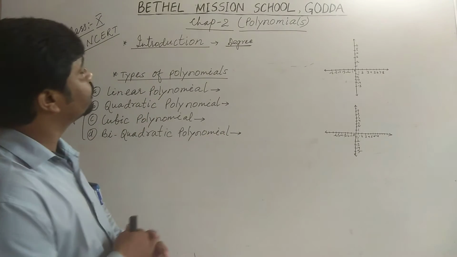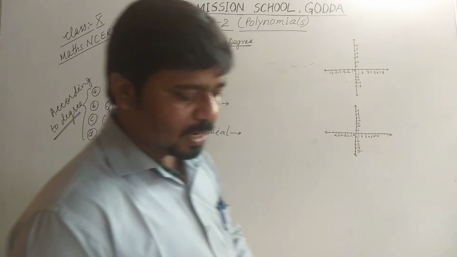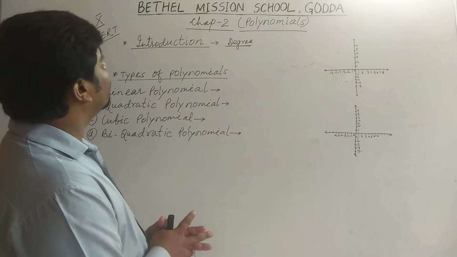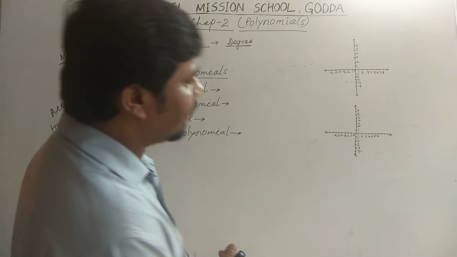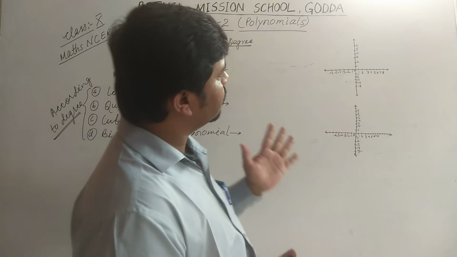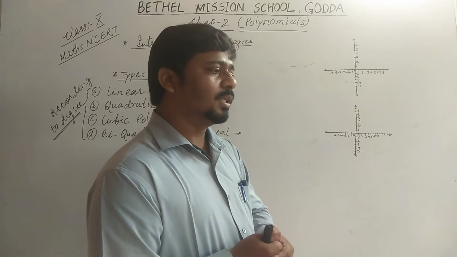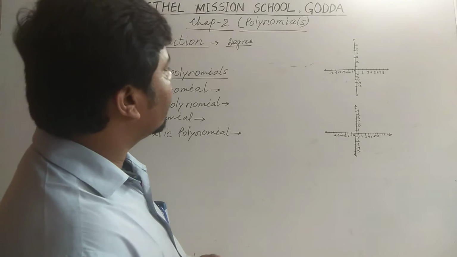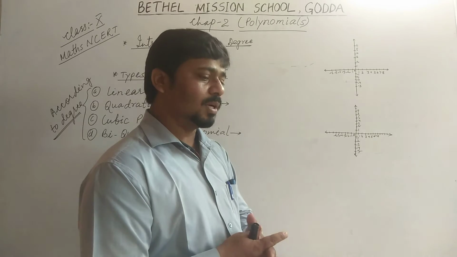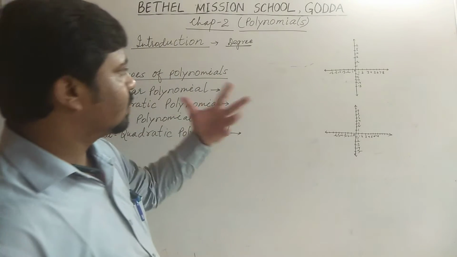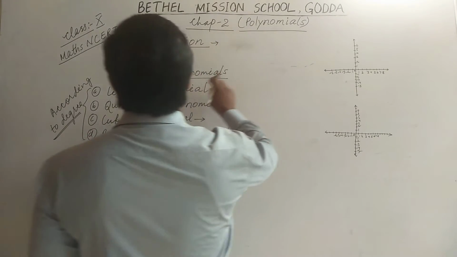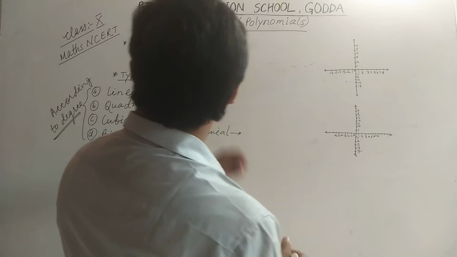Today you will see what is polynomial. Already we have discussed and studied this in class 9. So once again we will review this chapter and we will know more about polynomials. And we will see how we show a polynomial in the graph, how we can find its value, and how we can find what kind of polynomial it is with the help of the graph. So first of all we will introduce the chapter.